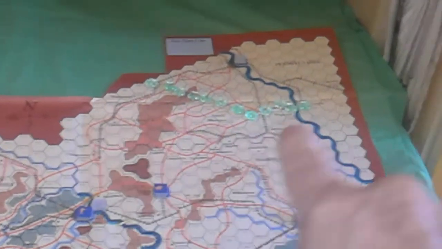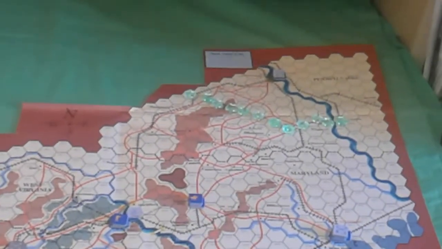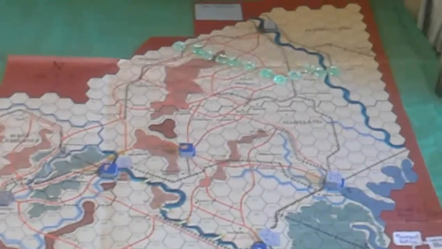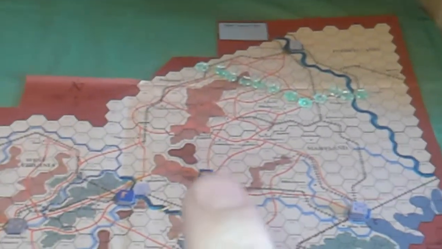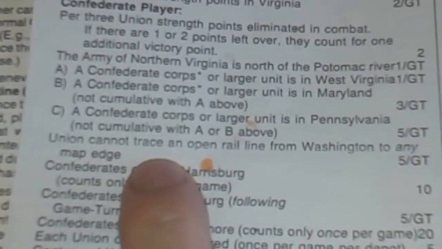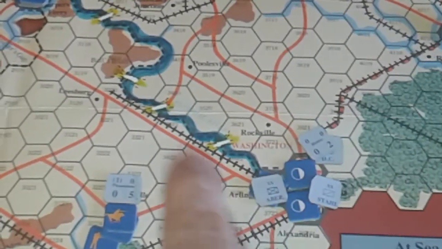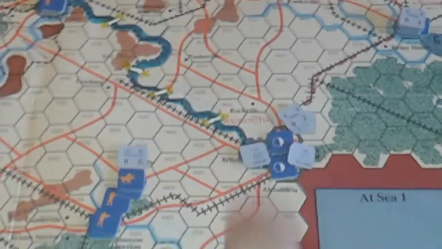But what that means is that Lee will have to leave at least a division up here for, I don't know, let's say for sake of argument 15, 17 game turns to gain a lot of victory points. If it's not the whole of the Army of Northern Virginia, then that's going to be a tempting target for Hooker to eventually get up to and smash with his army. If it is the bulk of Lee's army, then he's not going to be able to do the rest of the stuff. So, for example, if Washington cannot trace an open rail line, and essentially this rail line ends up nowhere, so if you're blocking this rail line, maybe you've cut it or you've actually got forces on the rail lines, Washington's supplies